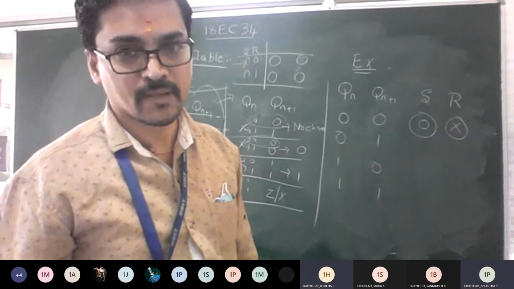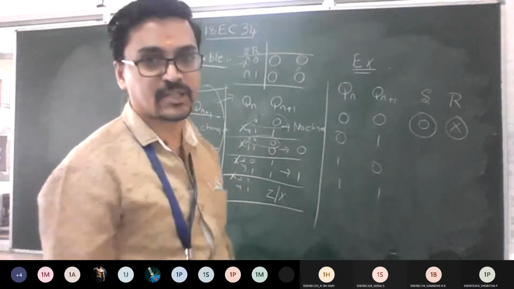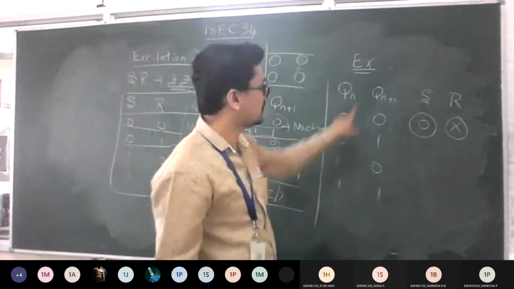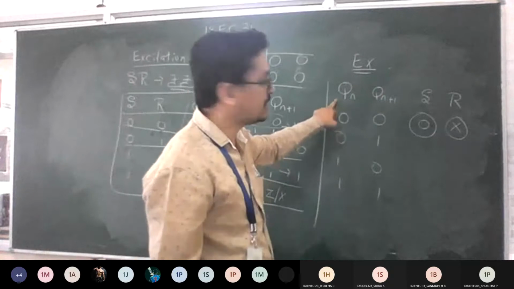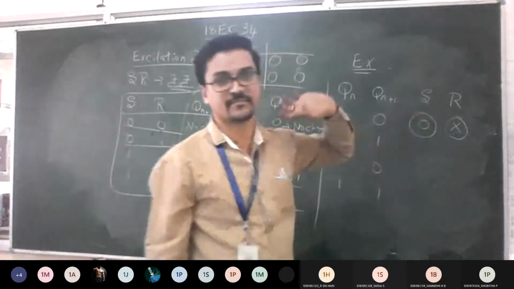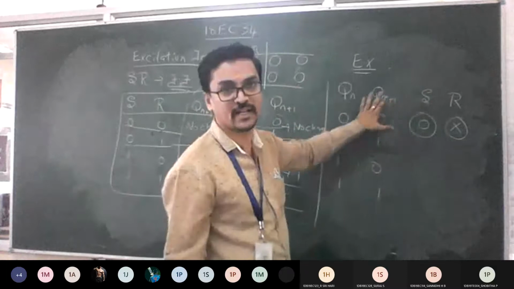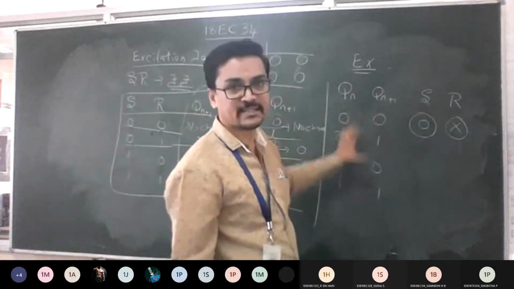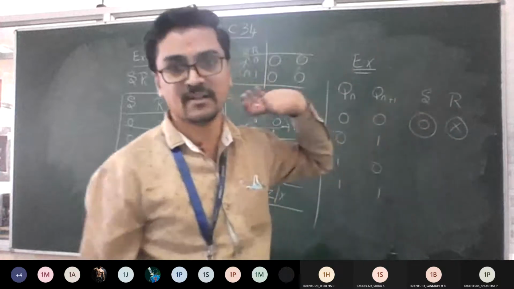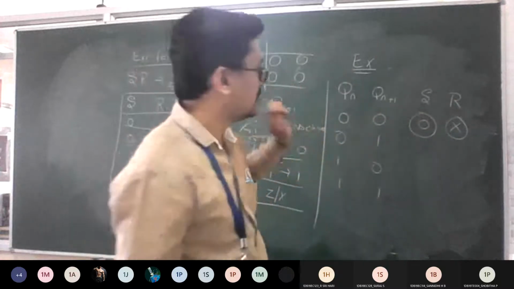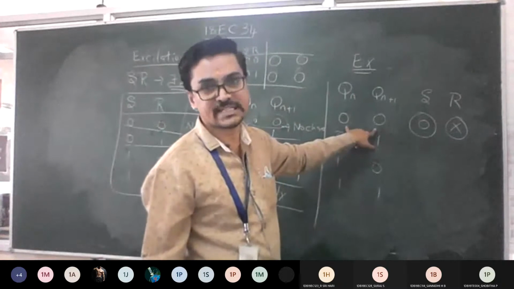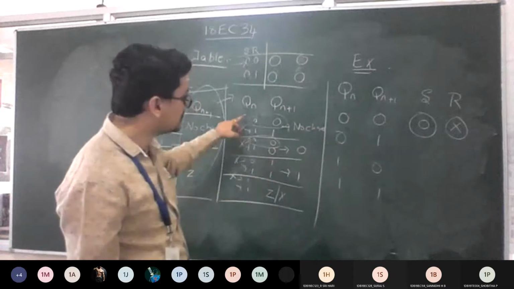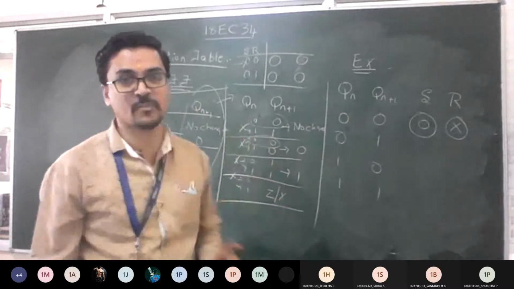Can I explain one more time, sir? Yes, I will repeat once more. See, if you look at any excitation table, they are given straight away. This is the excitation table. Qn is there, Qn plus is there, SR is there. So this Qn, how do you have to fill it? I just told you, it's just the combination 0, 0, 0, 1, 1, 0, 1, 1. Now the logic is to get this, what should be the input to be given at the excitation table. Okay. So you have found the first combination as 0, 0. So I made you write one table before this. Correct? So in this, check out the combination of 0, 0 present.